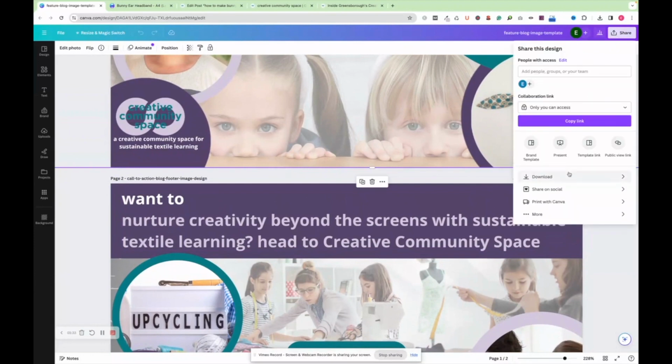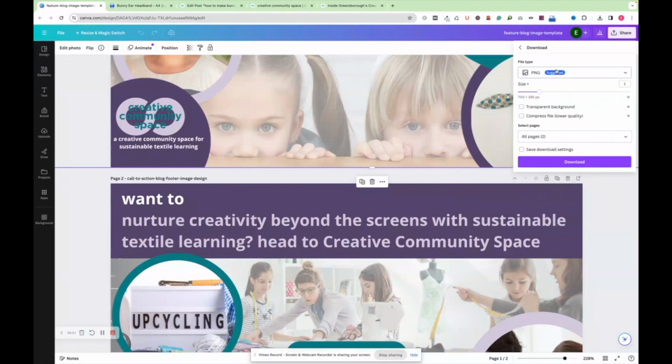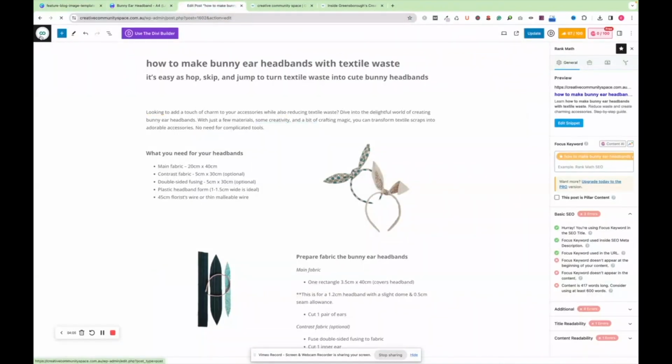Now I did a bit of a test, and unfortunately I prefer to use JPEG for an image like this where I don't need a transparent background, but when I tested it on the blog, Canva made it a bit pixelated. So just for this size image, save it out as a PNG but compress it, so it's a smaller file size. Your website will thank you later. So yeah, do that. Then head over to your WordPress dashboard